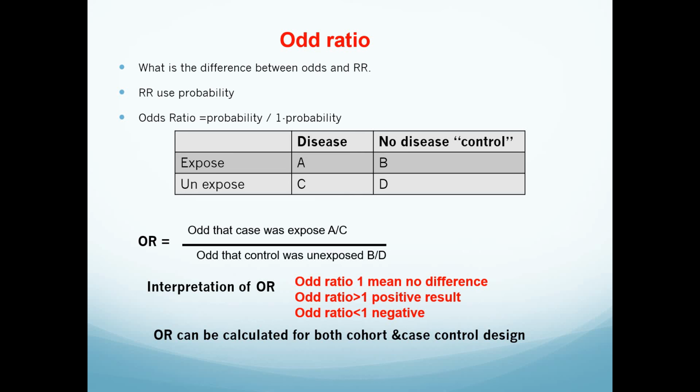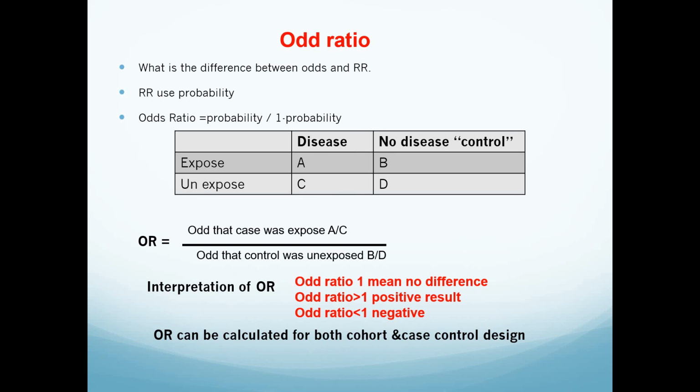And we divide it by the odds of the unexposed. That means the patients who did not develop the disease and were exposed, divided by the patients who did not develop the disease and were unexposed. So the odds ratio is ratio divided by ratio. In the numerator we have A divided by C, which is exposed by the non-exposed, but in the numerator all of them are patients with the disease. In the denominator we divide B by D, which is exposed to non-exposed, the patients who didn't get the disease.